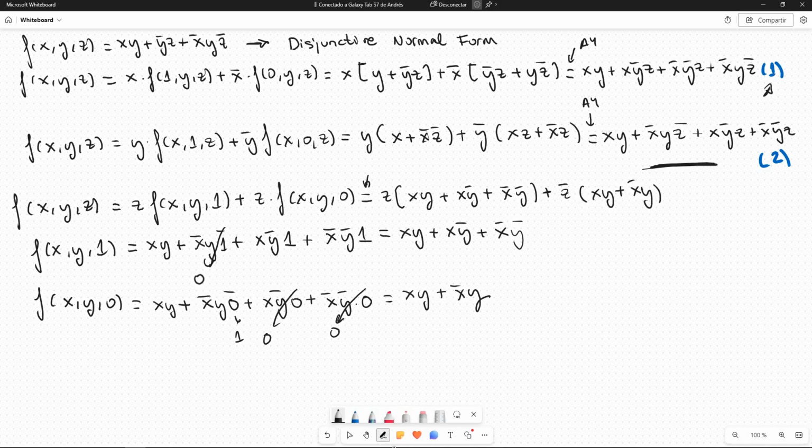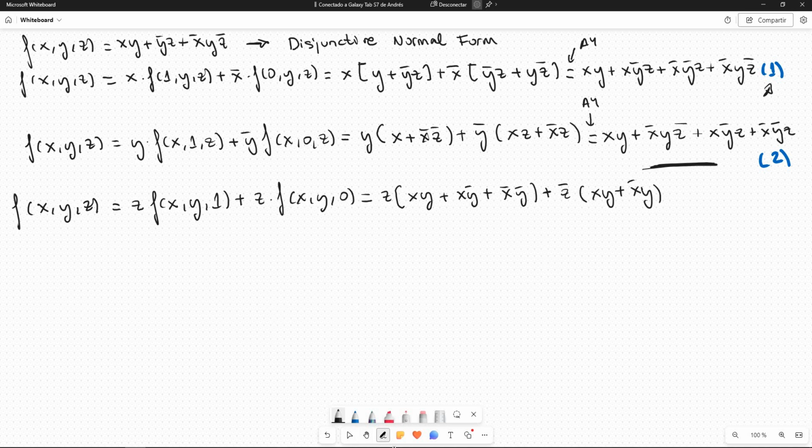So again, I'm going to remove these two subfunctions to have more space. Applying again the axiom 4, the distributive property, we have that the function is